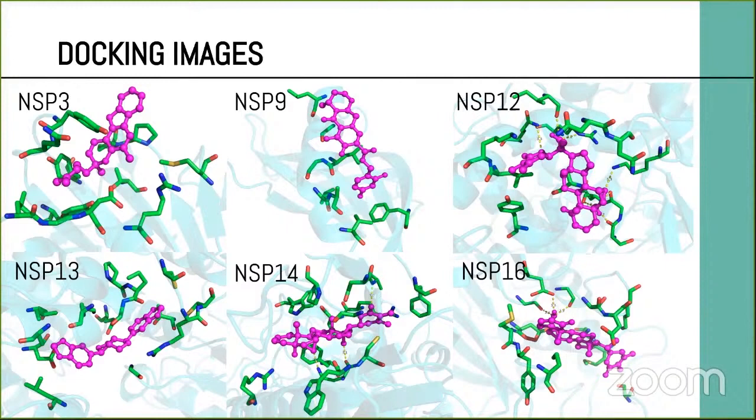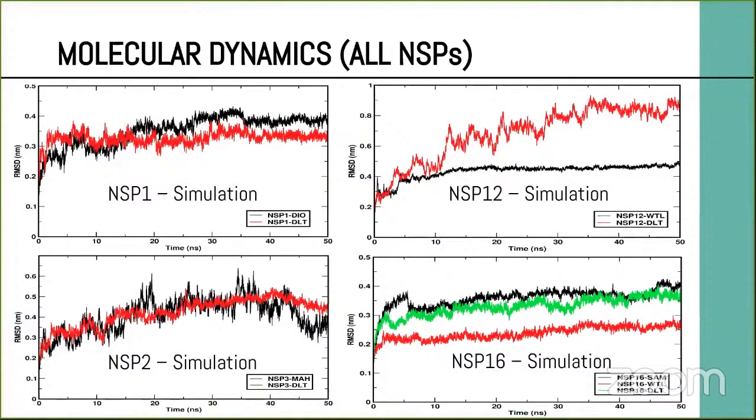Finally, once we completed the protein-ligand docking, the next thing is to perform simulation. So we performed simulation for all the dynamics, almost 50 nanoseconds each. We performed more than 60 to 70 simulations of 50 nanoseconds to see whether the structure is stable or not.